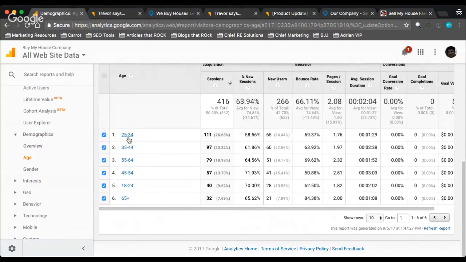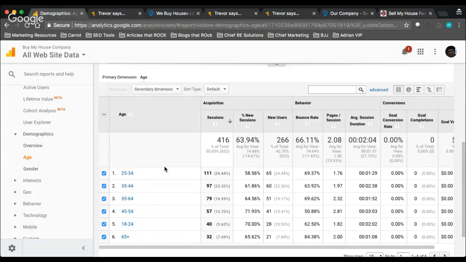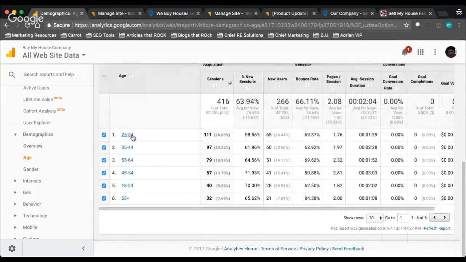I know a lot of times people like to target high equity, and usually someone young may not have high equity, right? But you never know. Maybe this is a demographic trying to help their parents or loved ones who are older sell their house, right? So we don't want to discredit certain information, because I'm kind of surprised, to be honest with you, that at least for the last 30 days, a big chunk of this could be